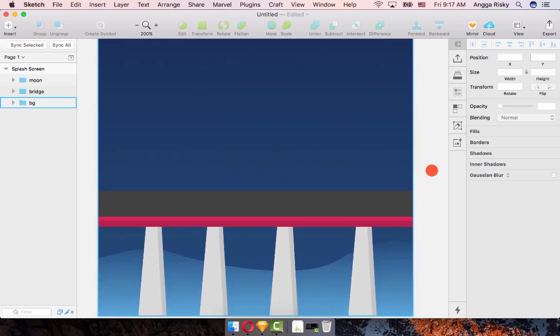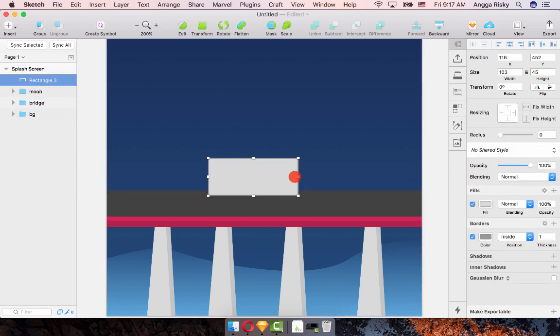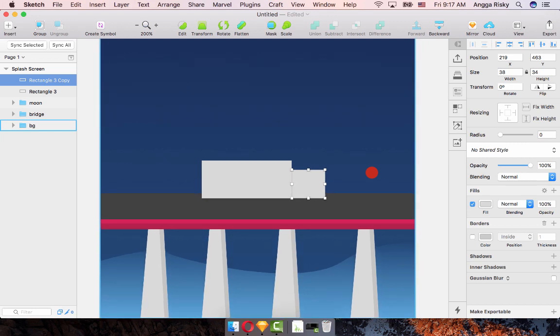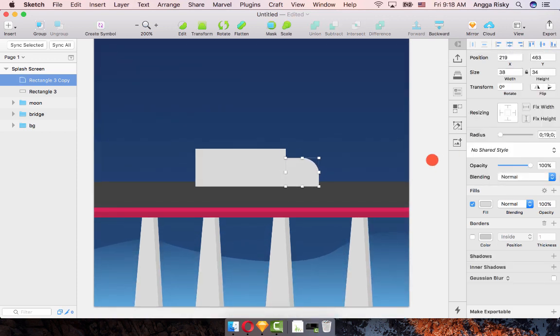And I want to make the car, oh no, just a truck. So we're going to press R here, and I will remove the border and duplicate again and make it small and move it to be here, and then edit and click here to get the corner like this. Okay, and then I will